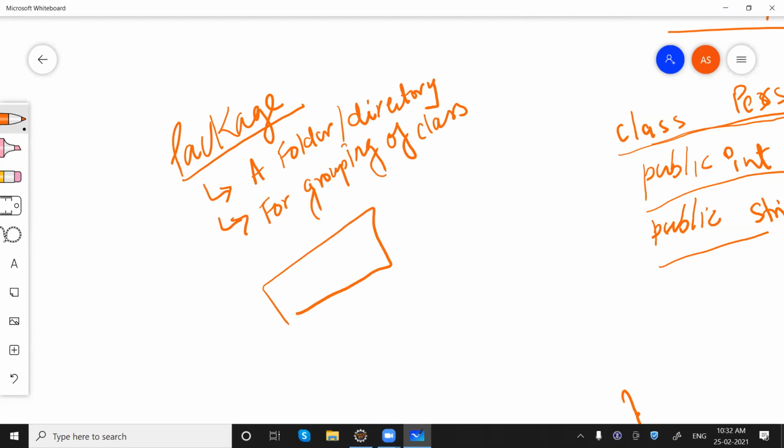Have you ever tried to keep two files, let's say abc.txt and abc.txt, in the same folder? Let me call it new folder. Have you tried this?